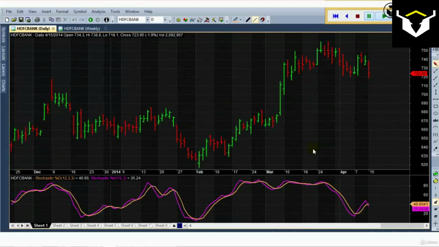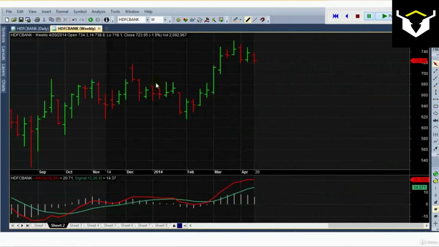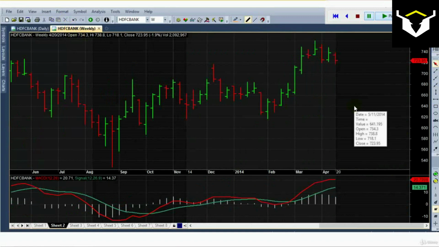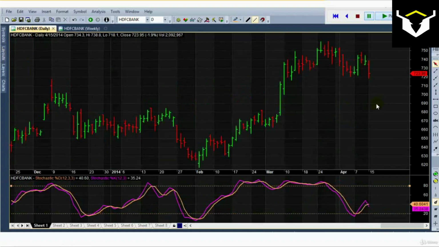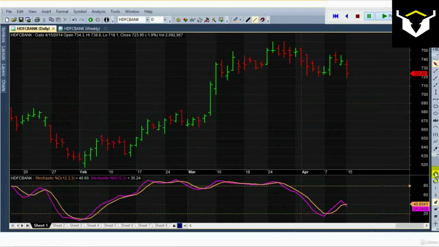Our next example is a chart of HDFC Bank. As of the last bar, HDFC Bank seems to be retracing from its upward move, taking a breather. Stochastic oscillator is hanging midway. There is no valuable information from the stochastic oscillator. Higher time frame is strongly positive with a positive histogram, suggesting that only a buy trade should be considered. As of the last bar on the daily chart, this bar has taken out this low of 720 and